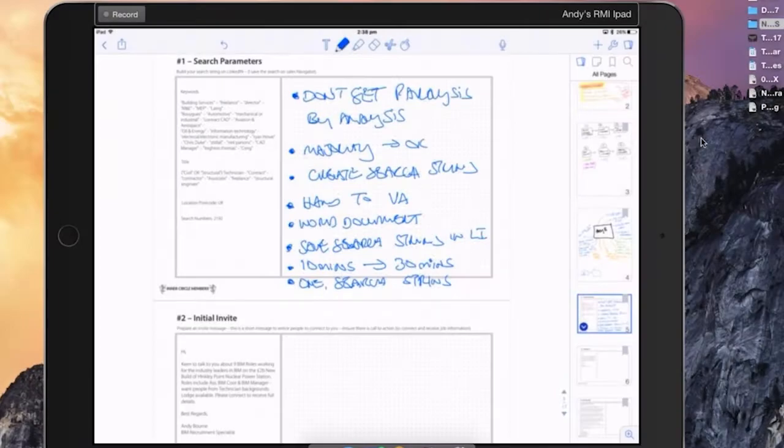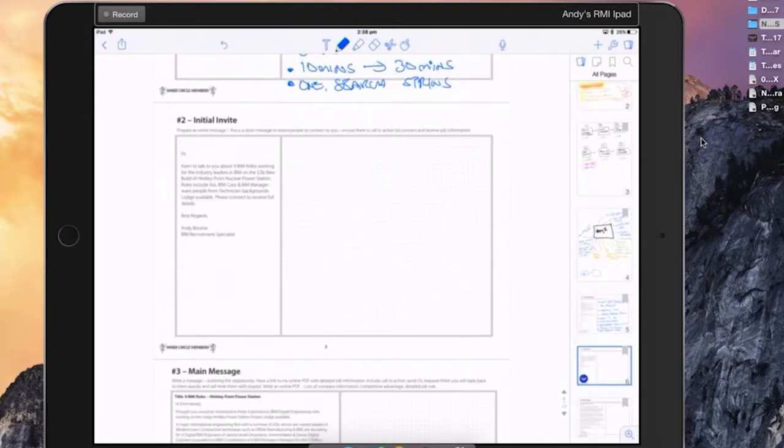The invite call. Now, I was going back to the analogy that this is a headhunt call. Think what you do if you initially pick up the phone to headhunt someone. Hi, my name's Andy Bourne. I'm a specialist headhunter. I specialise in BIM engineers within infrastructure. Have I caught you at a good time? It's an introduction, but also what you're trying to do